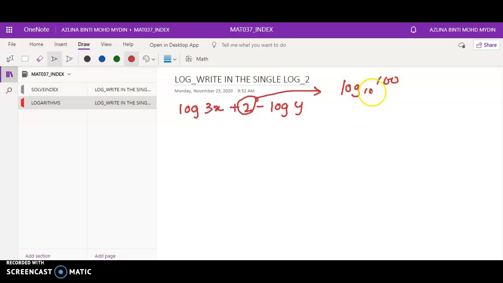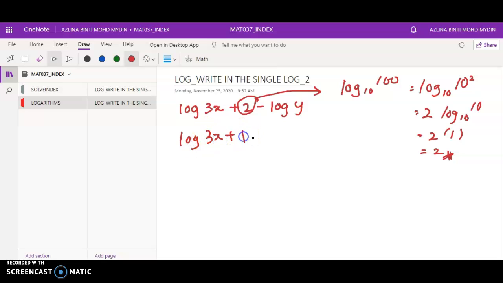Okay, how? Why? Because log 10 is 2, so if you bring it in front, so log 10, so log power of 1, so it is 2. Okay, based on this concept, I can write it as log 3x plus log